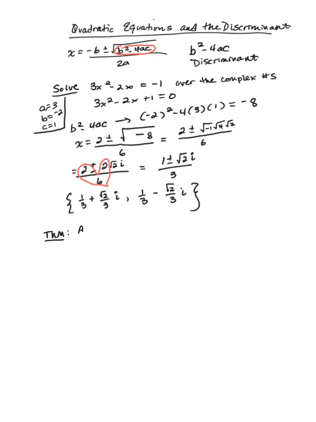Okay, so a complex number a plus bi is a root of a polynomial equation with real coefficients